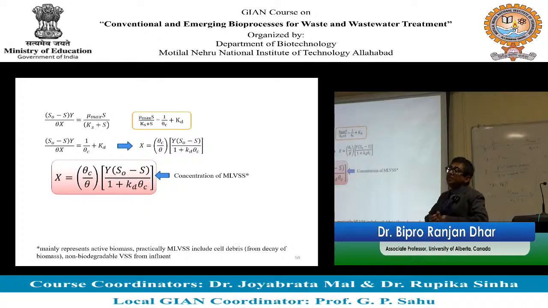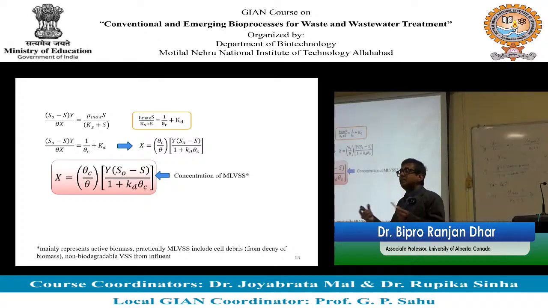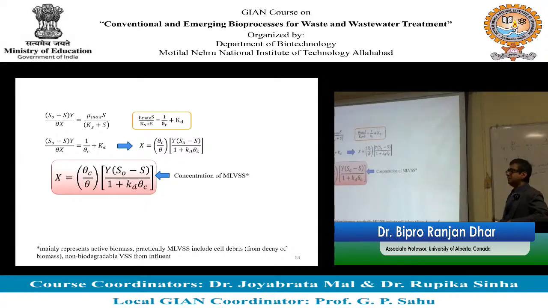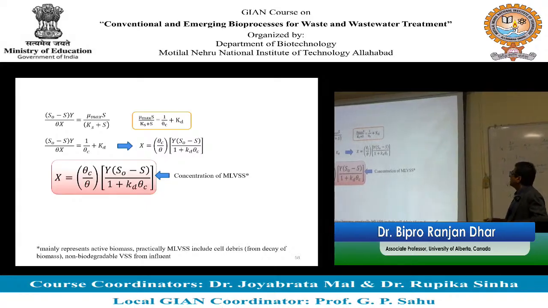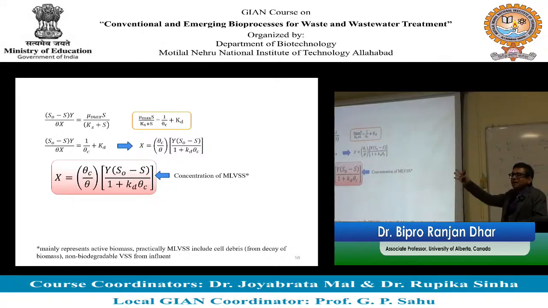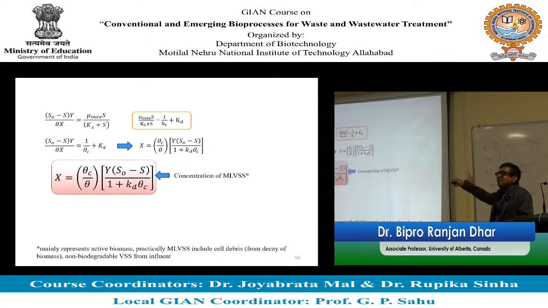So it's not just active biomass. Biomass is going to be mixed with other suspended solids and dead biomass. It is also including the VSS from the influent. Yeah, the VSS, that's why you call it mixed liquor. But this is more for active biomass, but in practice the number might be a little bit higher,